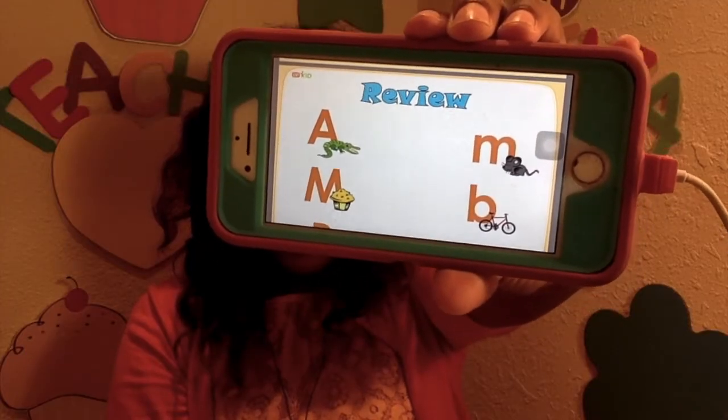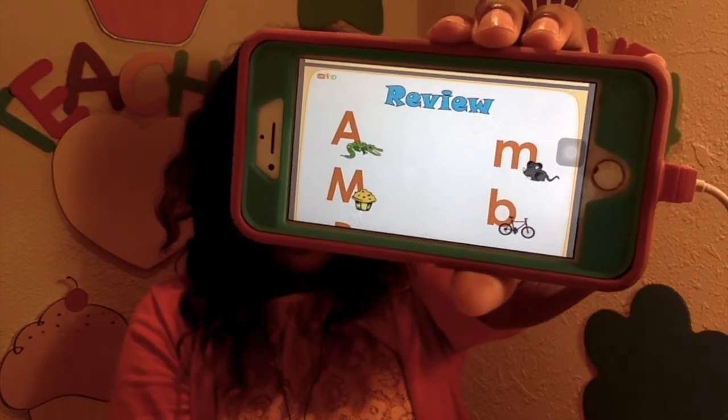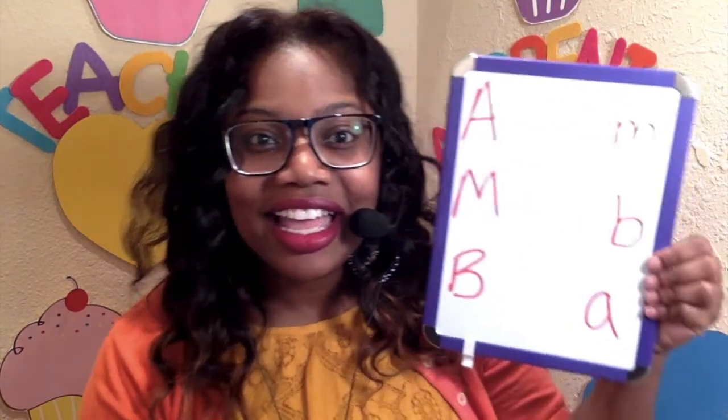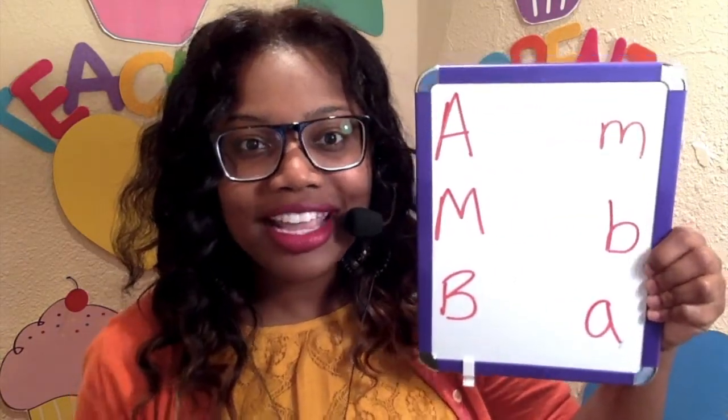The next slide is matching big and small letters. So this is yet another review slide, and remember, you don't want to spend too much time on review slides. And up to this point, everything has been review. So make sure you are keeping your pace. With this one, you have to get the student to draw a line. You may want to use your whiteboard and say,